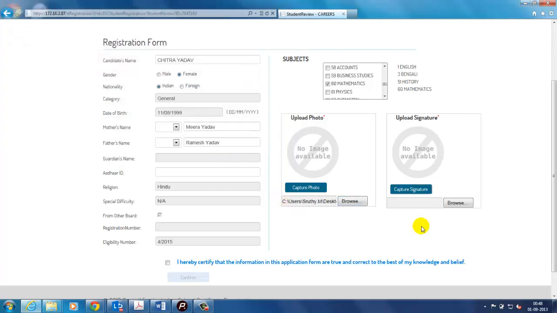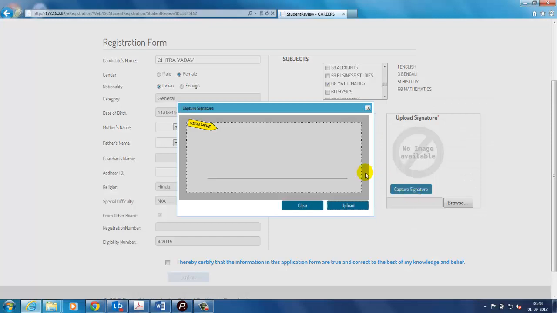Now, for uploading student signature using signature capturing device, click on Capture Signature. Sign on the signature tablet when the pop-up window appears, where we have two options, Clear and Upload.